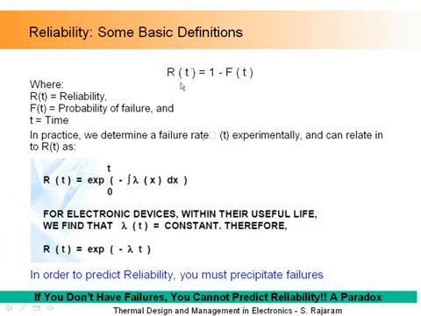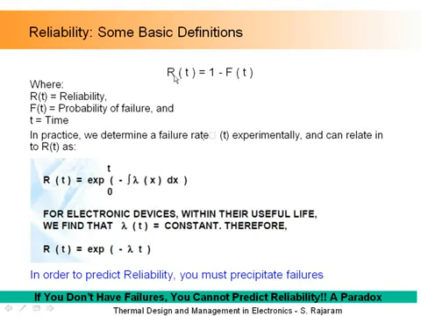The way we calculate reliability for a product is actually by looking at failures. We power products and drive them to failure, and we determine through data what the rate of failure is with time. And then we say reliability is just 1 minus the probability of failure. This is a probabilistic problem. It's a statistical problem. So it's a roundabout way that we measure reliability. We really only measure failure, and we say reliability is just 1 minus failure.